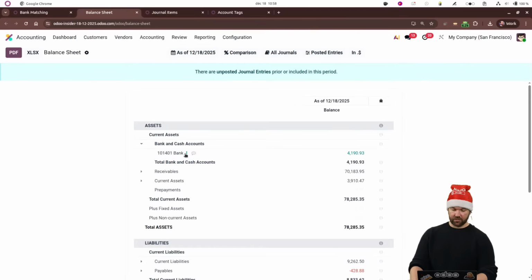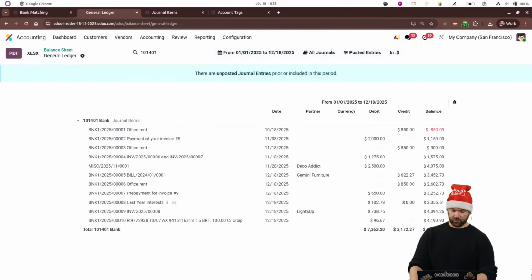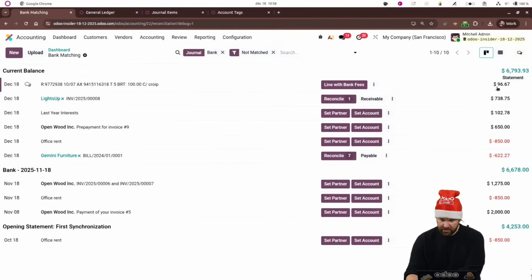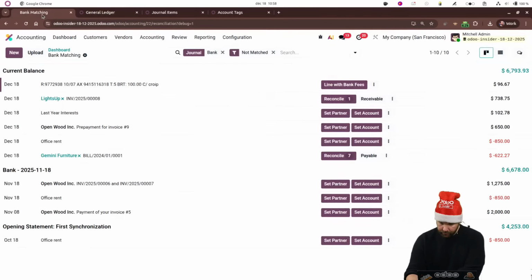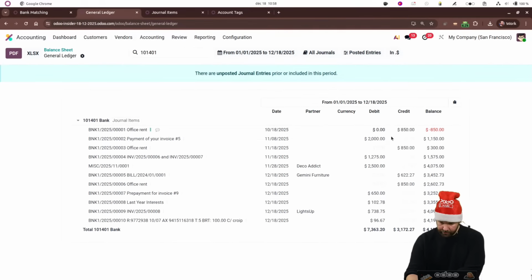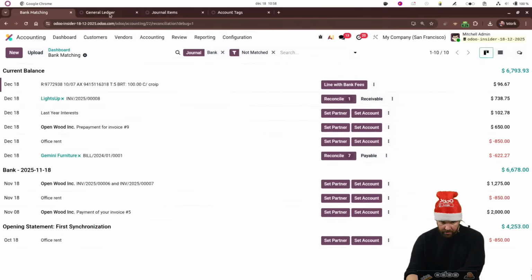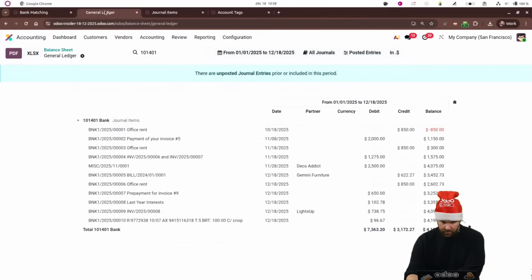Because if we take a look at these transactions here, we do see some from the bank. Let's say it's 9667, 9667, and you do see that. So it is matching there. But what does it not see? It sees the 850, it sees the 850. 2000, does it see the 2000? It does. 1275. 1, 2, 3, 4, 5, 6, 7, 8, 9, 10. Okay, so there are definitely more transactions here, but also the bank account itself is an asset